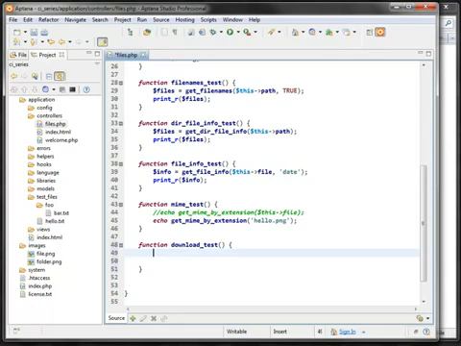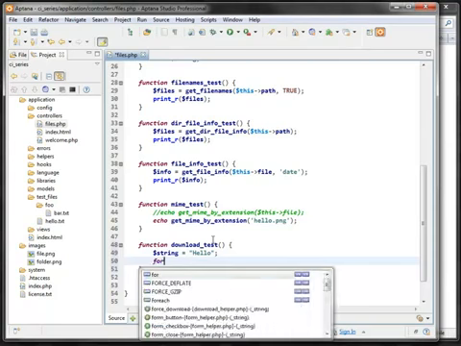This is for, instead of outputting something into the browser, you might want to serve the output as a download to the user. For example, I'm going to have a string,